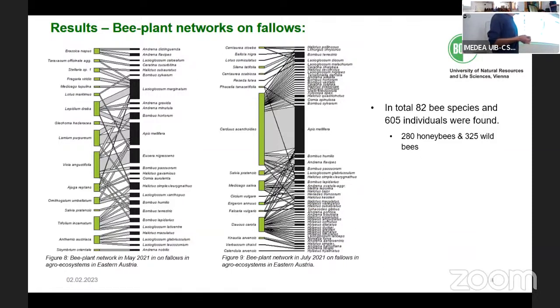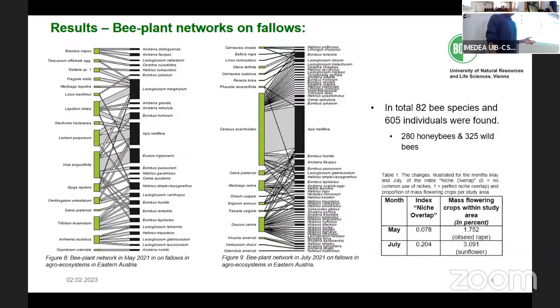It looks like it played in general a central role, since around 50% of all the bee species found in the network were also found foraging on Carduus acanthoides. And also honeybees were quite frequently encountered on Carduus acanthoides. And now here in table 1,